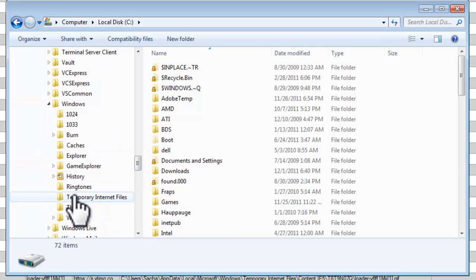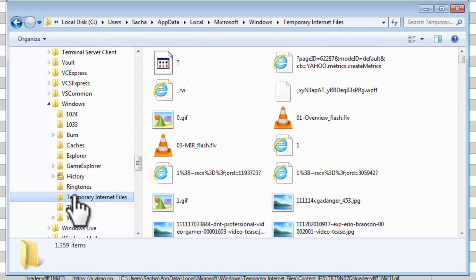Windows. Then click on Temporary Internet Files. Even if you have Windows Explorer set to show hidden system files, the content.ie5 folder is hidden and cannot be seen. This has to be typed in manually to get to the next part.